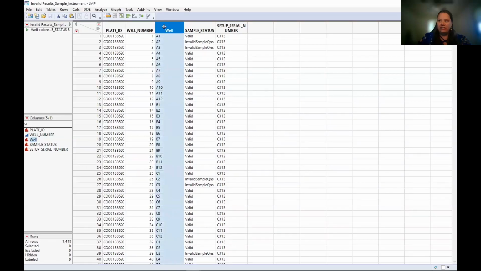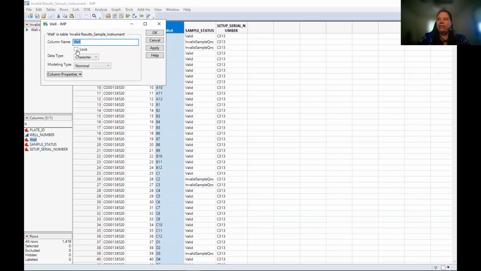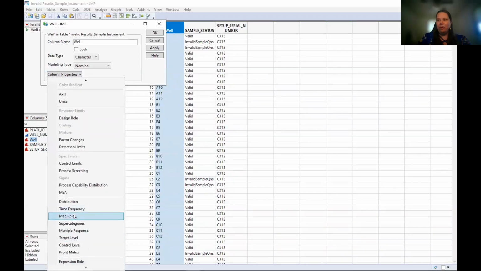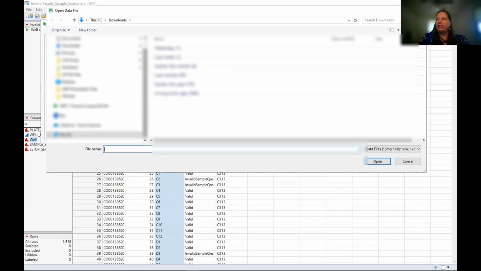Once you're in this specific column and you've created that information, then you can actually go to the column info. My specific modeling is character and nominal for this example. Then you go to the column properties dropdown, and you'll find map role. Select map role. You have an option here of shape name use or shape name definition. I will stay with shape name use, and then I locate my specific file that I would like to pull from,